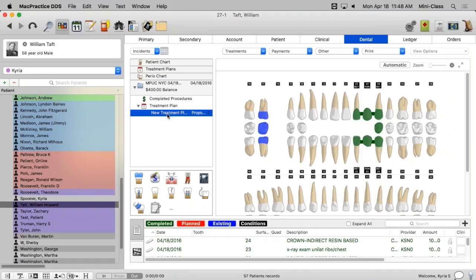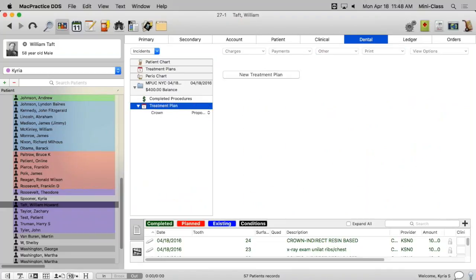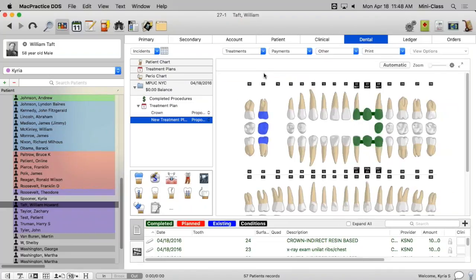Finally, for treatment planning, I may choose to rename my treatment plan to easily show what it is. And if the patient has multiple options for their treatment planning, I'll simply click up here on the treatment plan folder and click New Treatment Plan. And that will give me 2 treatment plans here. So crown and bridge, option 1, option 2, and then I can choose which treatment plan that I am